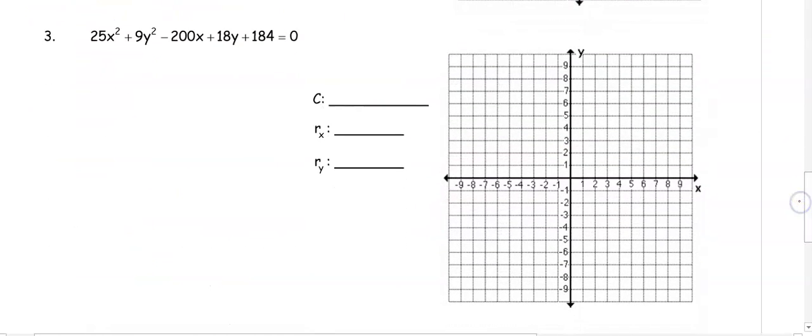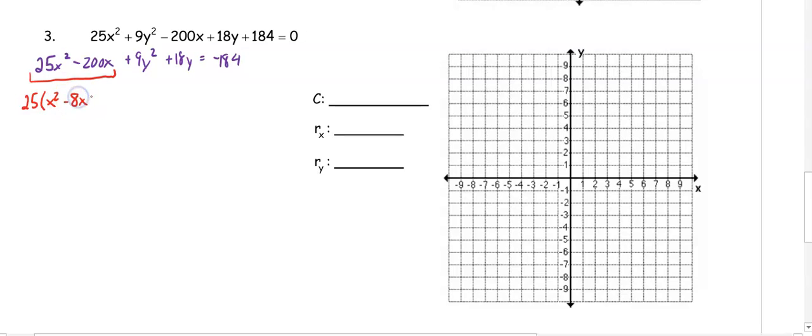So if we go to our next problem, again, we are completing the square, so we're going to rewrite this to reorganize it. So we get 25x^2 - 200x + 9y^2 + 18y is equal to -184 because we have to move that to the other side. So if we look at our x's, we have a GCF of 25, so we're going to put that out front. 25(x^2 - 8x + blank). And our y is going to be a GCF of 9. So plus 9(y^2 + 2y + blank)